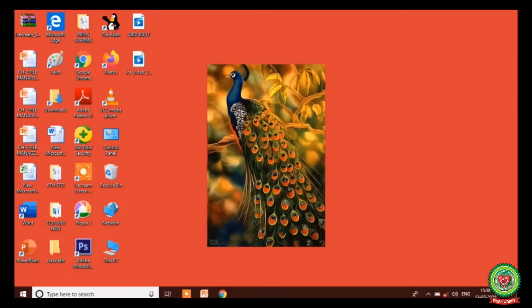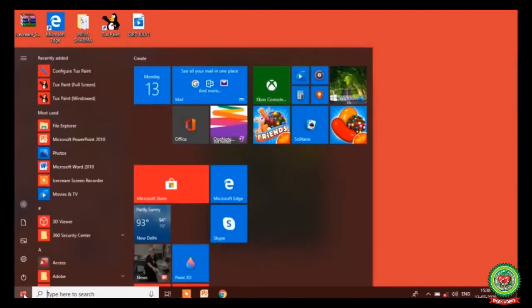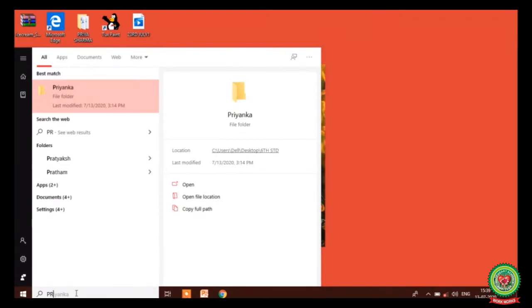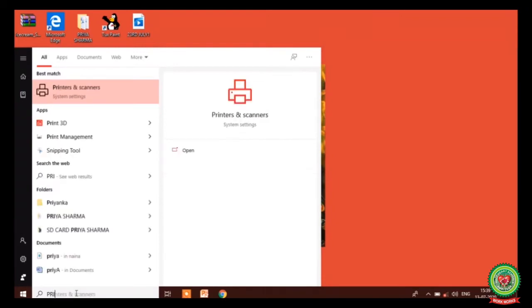Now here you can see from your desktop, click on Start button. From Start button in search box, type the name of file or folder that you want to search. For example, I'm going to type here the name of the file that starts from P R I. Here you can see in the Start submenu, you will see all the files that start with PRI.